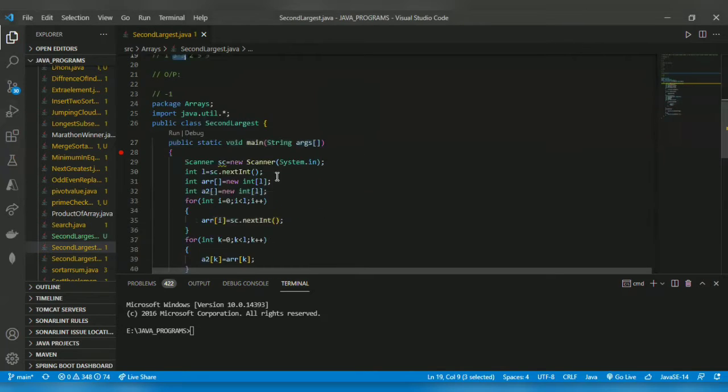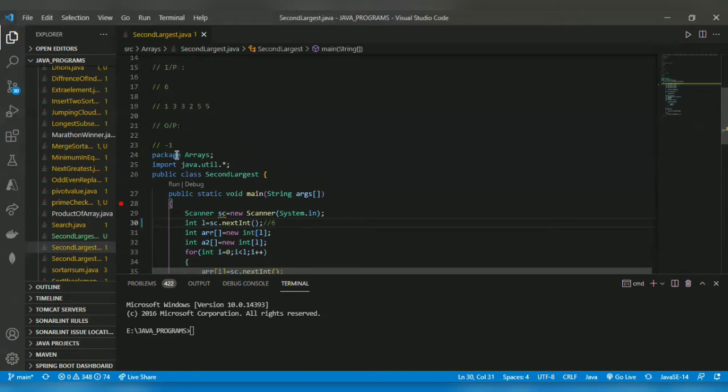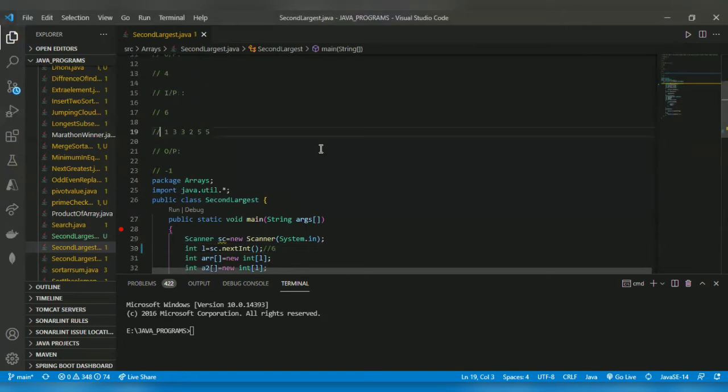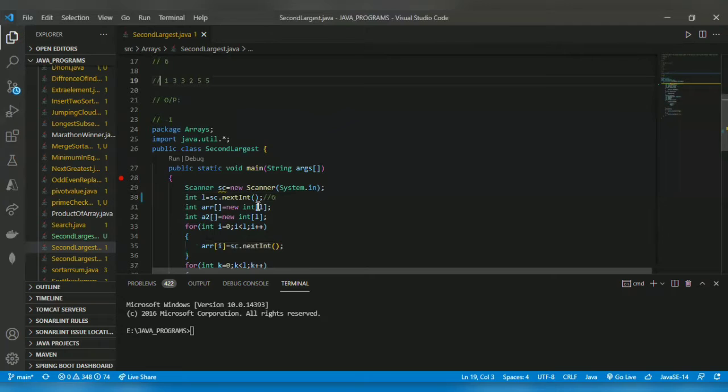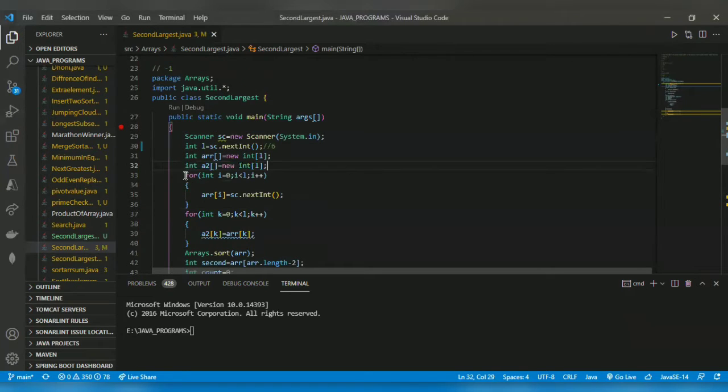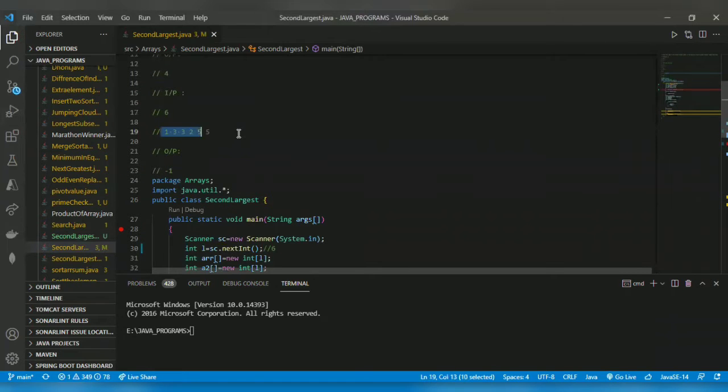Shall we begin with our program? Here we get input, that is the array size. Consider the first example. Then we get the input from the user. So we declare an empty array of size L. I declare another duplicate array also, in order to find its position. So I declare another array of the same size. After that, I will get input from the user for the first array. arr[i] equals sc.next(), and it will store the first array elements, arr[i], for i equal to 0.